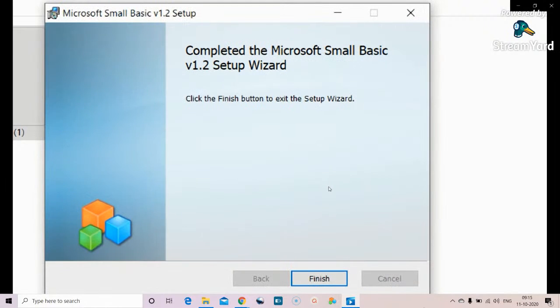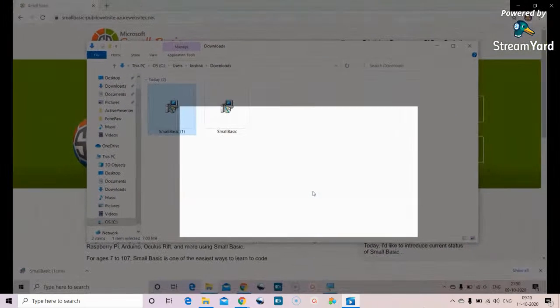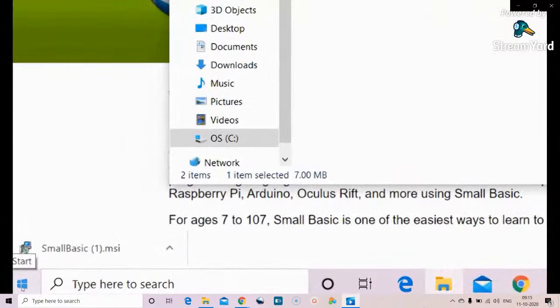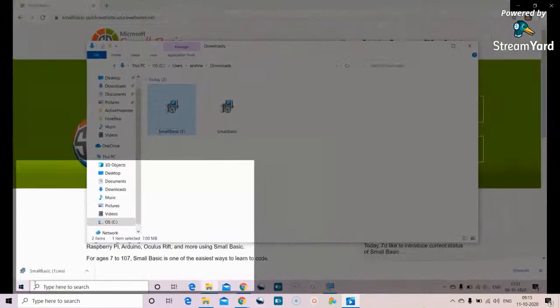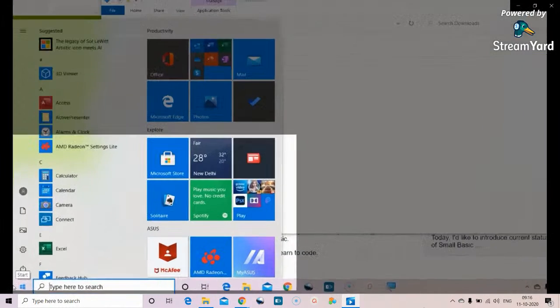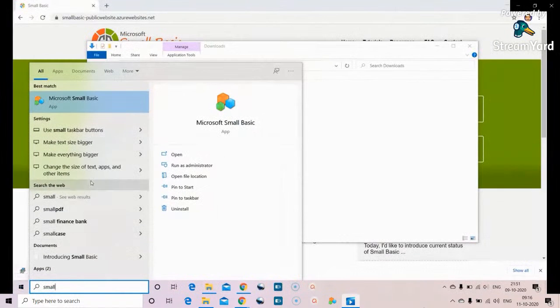Yeah, now it is installed, so we can click on the finish button. That means Small Basic got installed. Now if you go onto the Windows Start button and type Small Basic, you can see Small Basic already installed. You just type Small Basic there and search. You can see the icon, it is already installed. I'm trying to add it to the taskbar. So I'm right clicking and clicking on pin to taskbar,